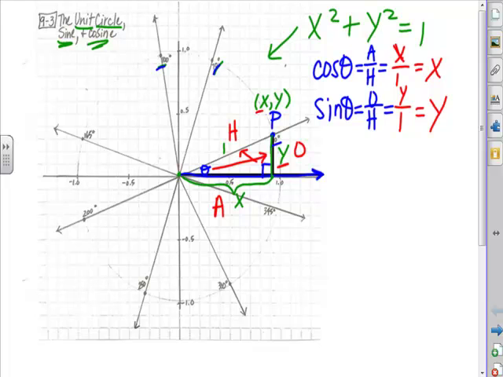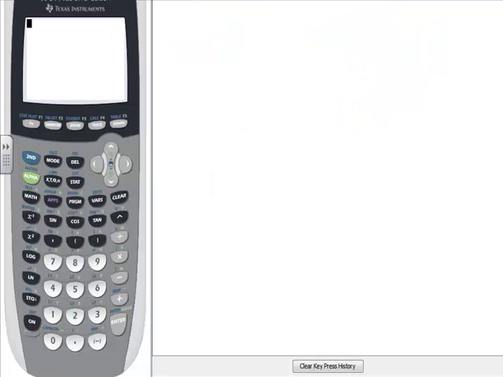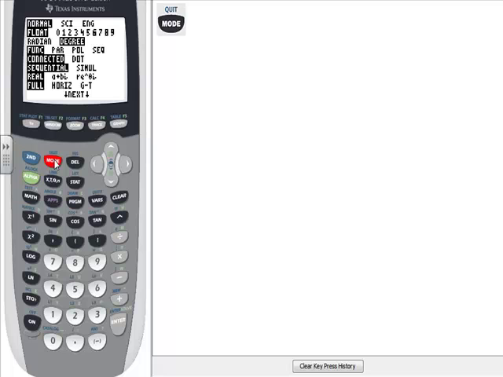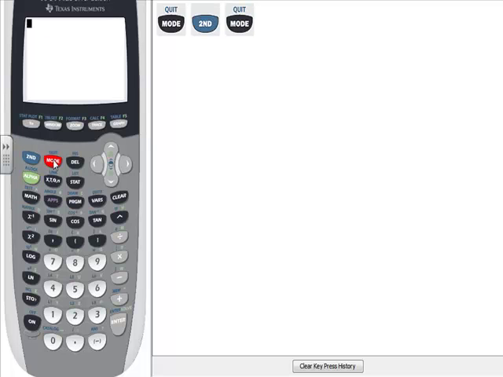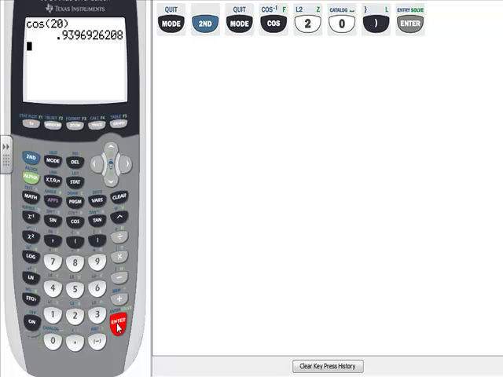Well, interesting, because this is an x and this is a y. So let's go ahead and fire up our calculator, and in this case theta, because I've actually used a protractor, is actually 20 degrees. So let's see what in the heck is the cosine of 20 and what is the sine of 20? Remember, we always want the calculator mode to be in degrees, so if for some reason someone else has borrowed it and changed it to radians, you want to make sure it's in degrees. So first I'm going to type in cosine of 20 and see what comes out. As it turns out, the cosine of 20 is, we'll call it, 0.94. And the sine of 20